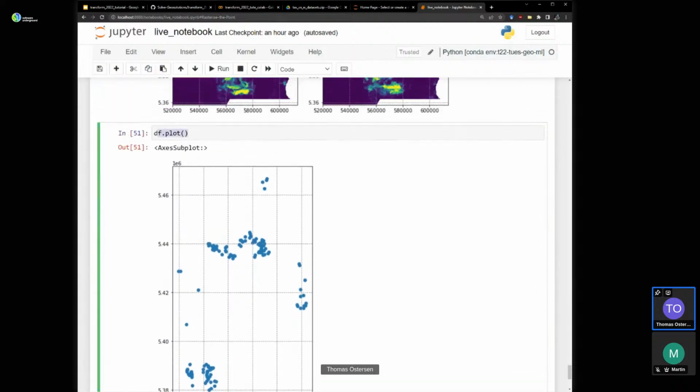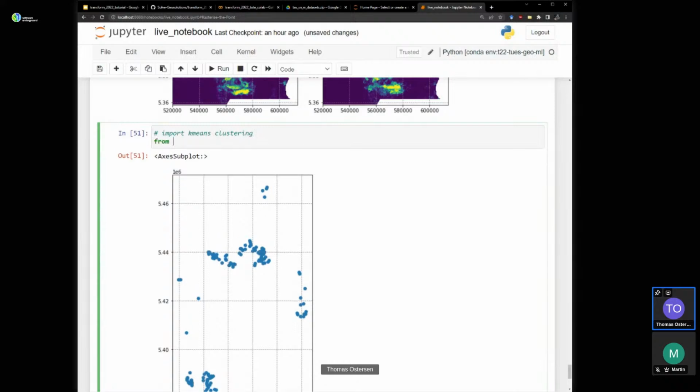Before we do that, we need to generate spatial clusters, and we can do that with k-means. So let's do that now. Import k-means: from cluster import k-means.